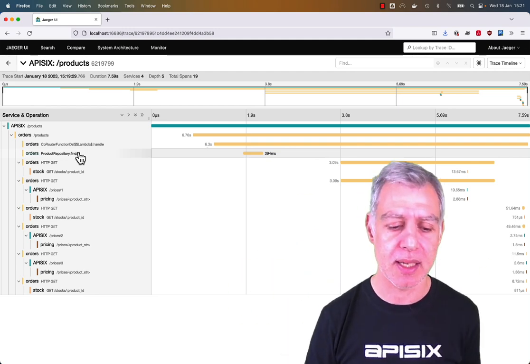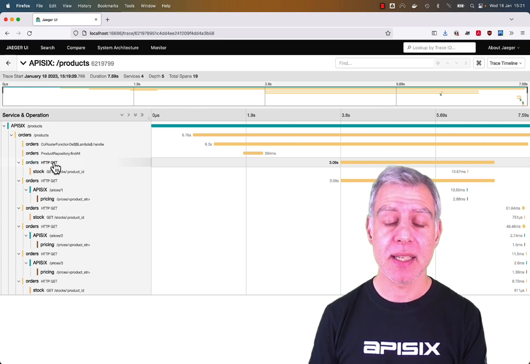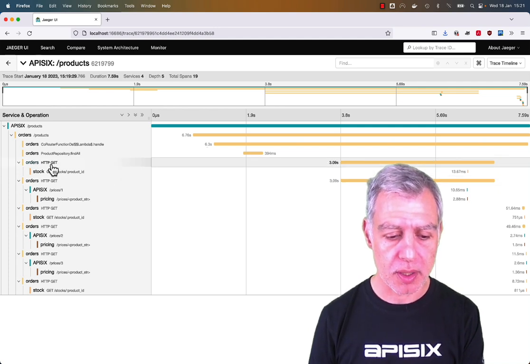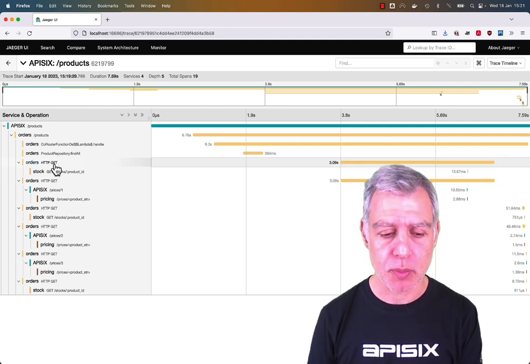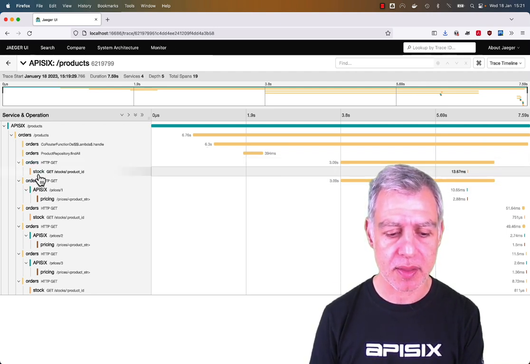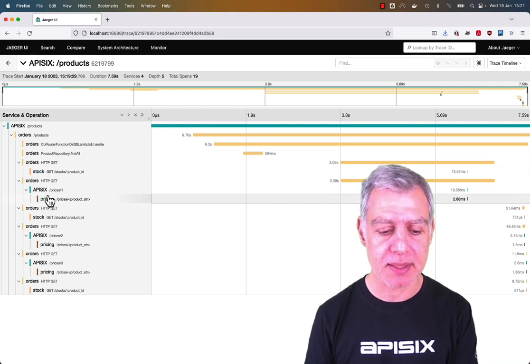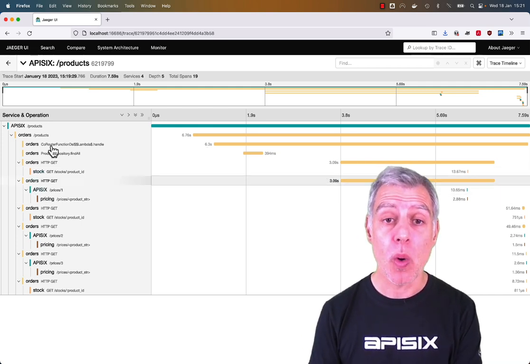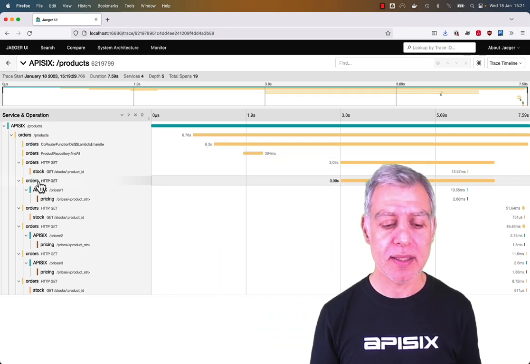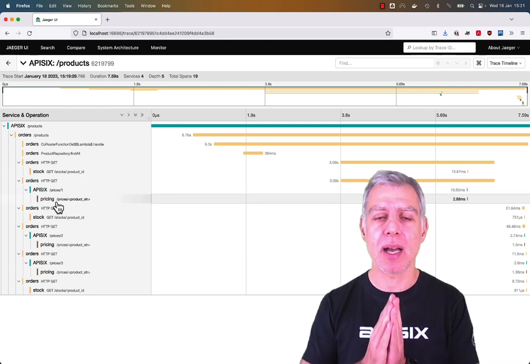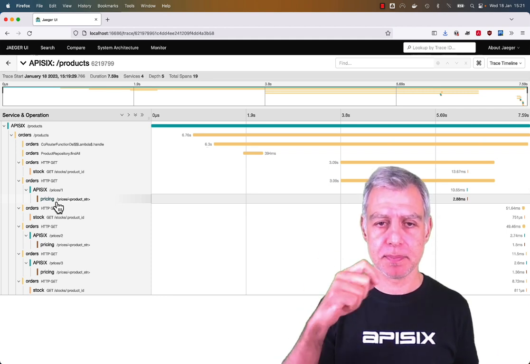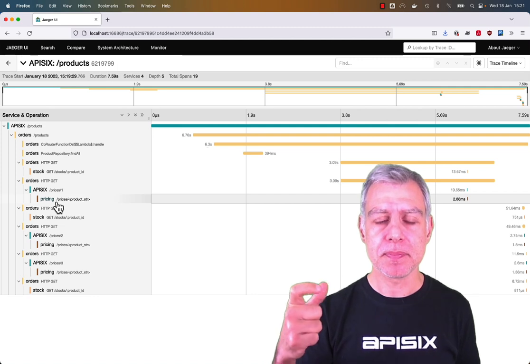So it's automatically traced. We can see here that there is a call to the other components called stock. So it's traced as well, which is good. And here we've got the second one. So here there is one for stock and one for pricing. And here we see that in one case, I went directly to the component and the other one went through the API gateway. Both are completely possible. This is how I configured it inside my architecture.